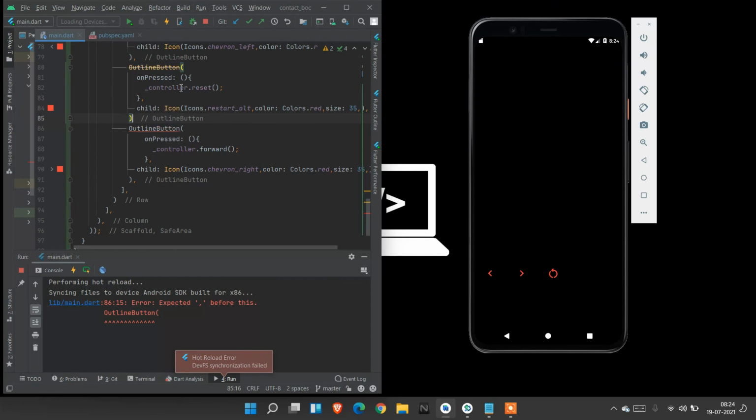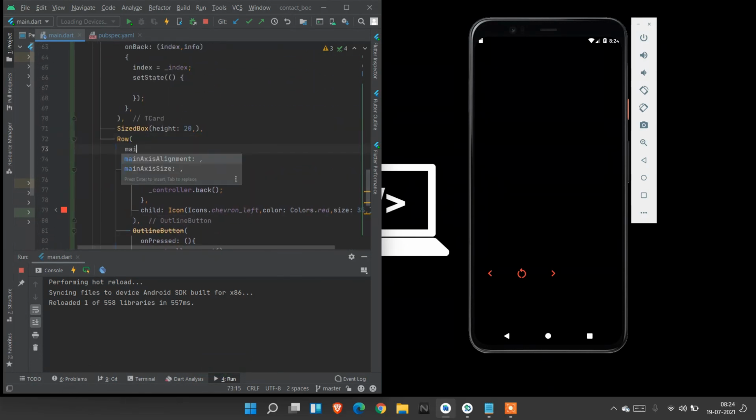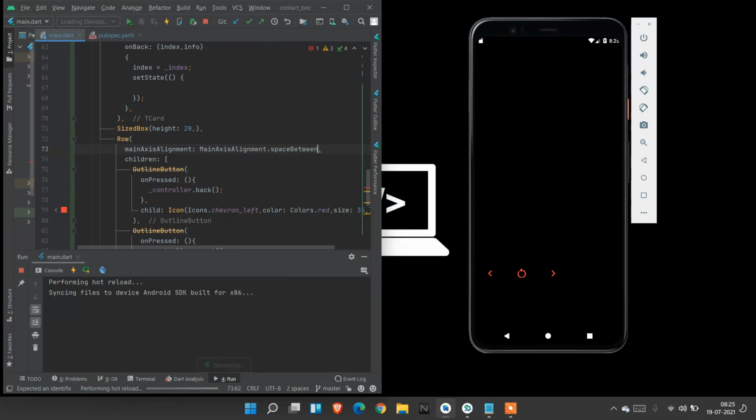Now save and see what happens in the output screen. Here we missed a comma, that's why the error is shown. And inside the row I use mainAxisAlignment dot spaceBetween. Here it will display like this.